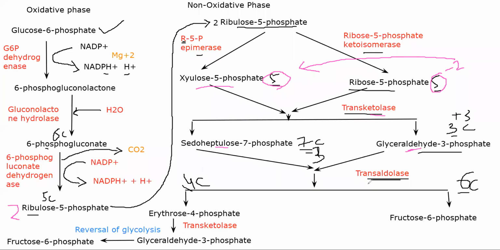This is again subjected to an enzyme called transaldolase, which will remove 3 carbons from sedoheptulose 7 phosphate here, and it will donate it to glyceraldehyde 3 phosphate, giving you a 6 carbon structure and a 4 carbon structure. This will enter TCA, the citric acid cycle, that is one byproduct. From here, erythrose 4 phosphate is subjected to transketolase where one carbon dioxide is also removed. Basically, it loses one carbon and you get a 3 carbon molecule, which is glyceraldehyde 3 phosphate.